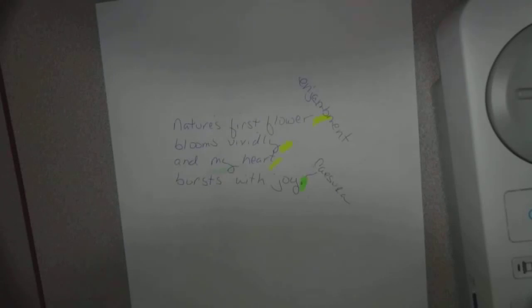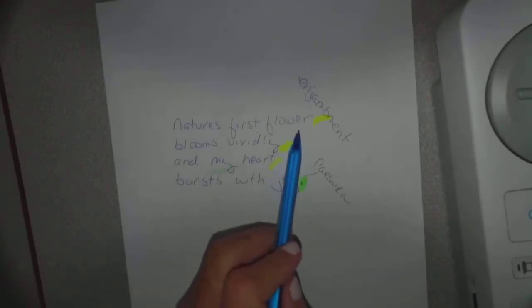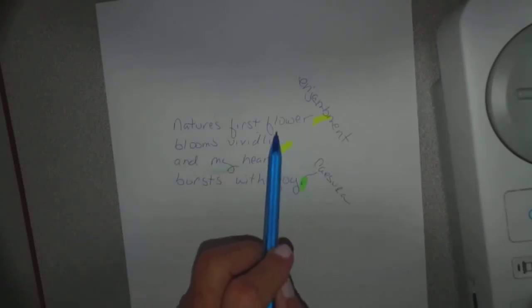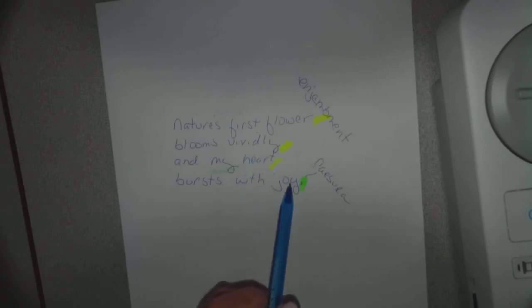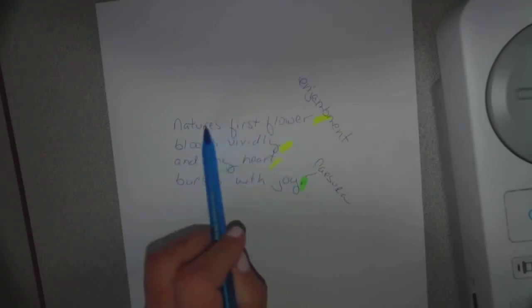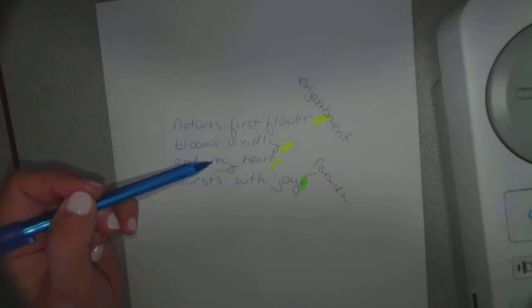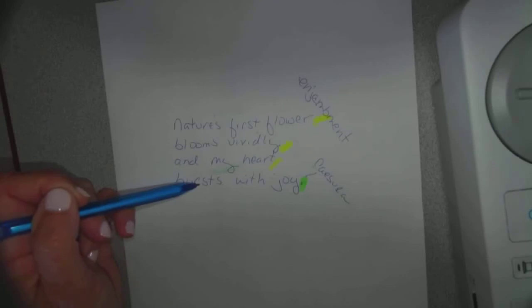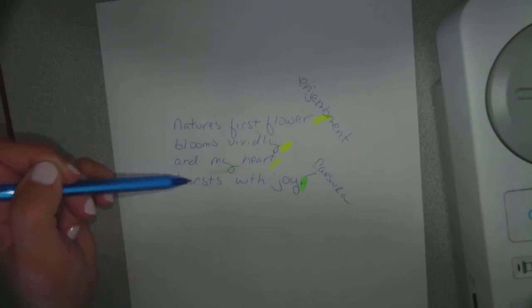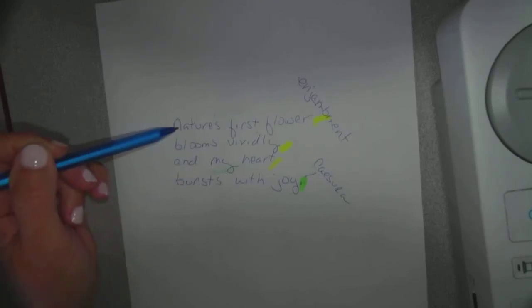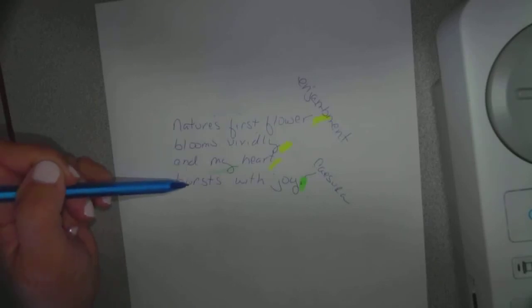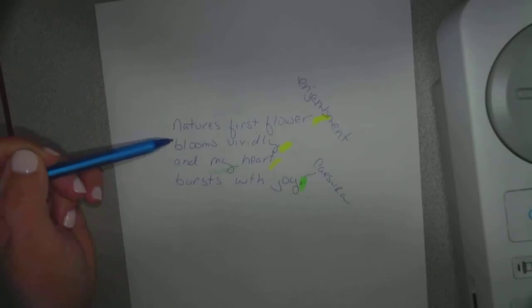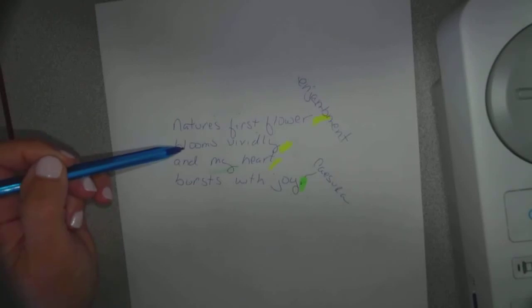And so when you think about line breaks as well in poetry, you want to think what word is going to end each line, okay? A line. Several lines make up a stanza, right? You knew that. And a 4-line stanza is called a quatrain.